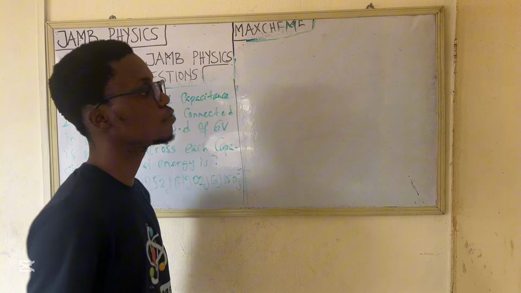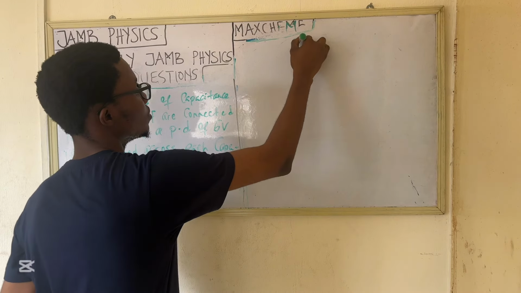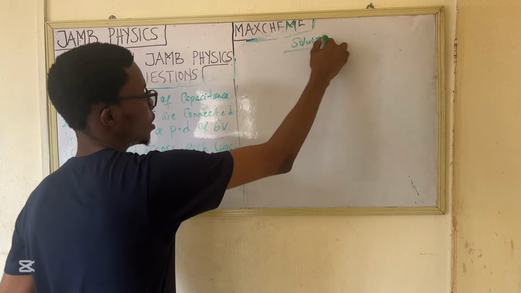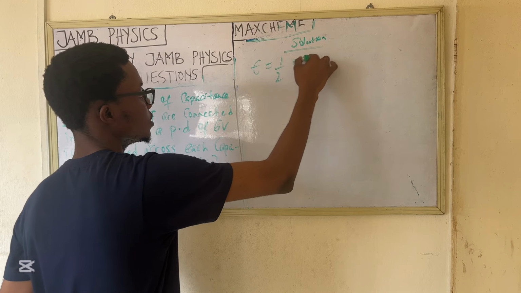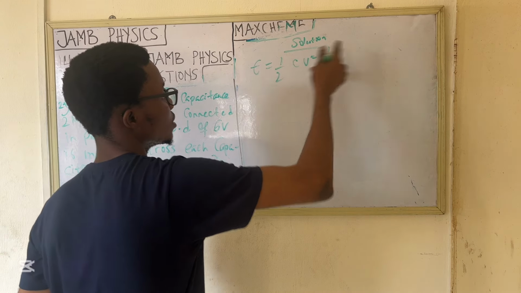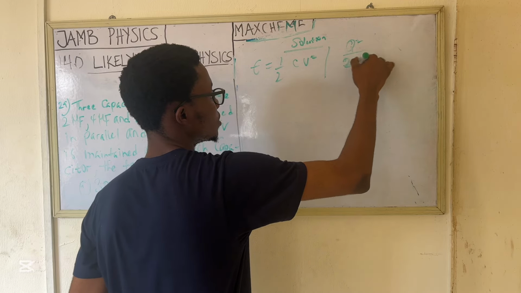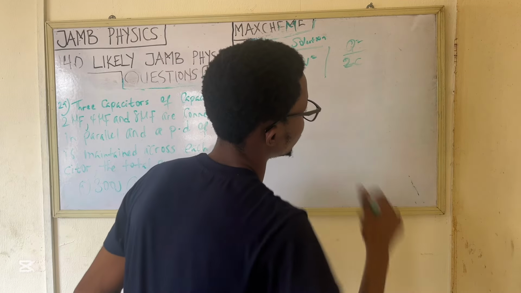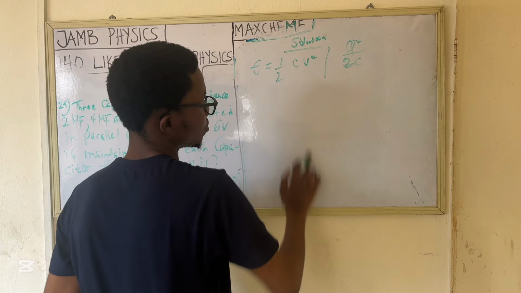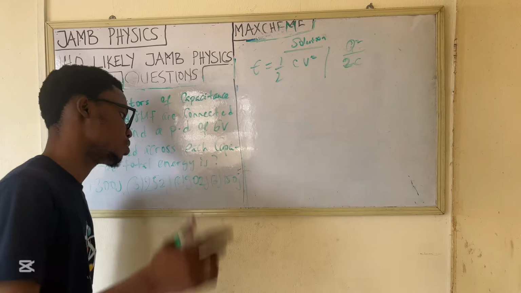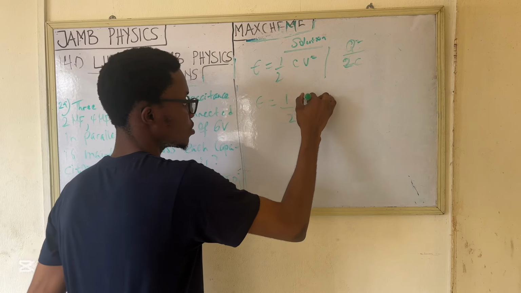When it comes to looking for total energy in the capacitor, these are the formulas we have. We have total energy, let me use E, 1 over 2 CV squared, or you can use Q squared over 2C, that is quantity of charge over 2 times capacitance. Then you have average capacitance times voltage squared. So now in this case, we have E is equal to 1 over 2 times